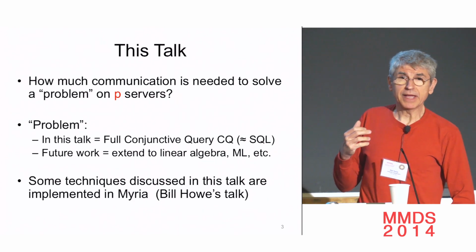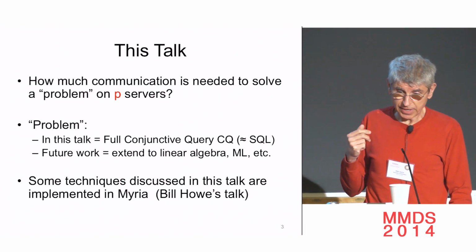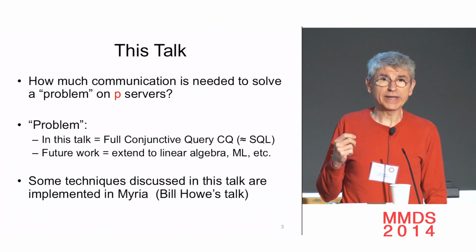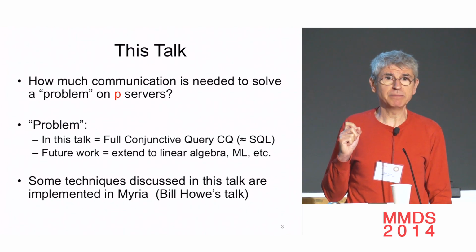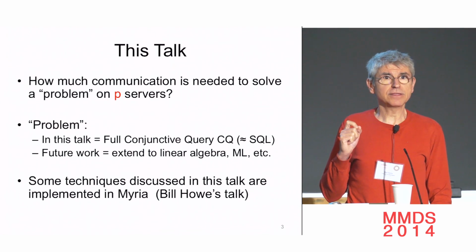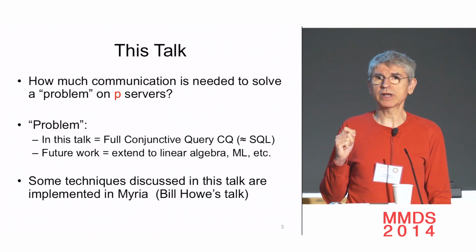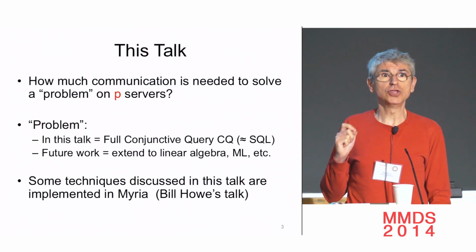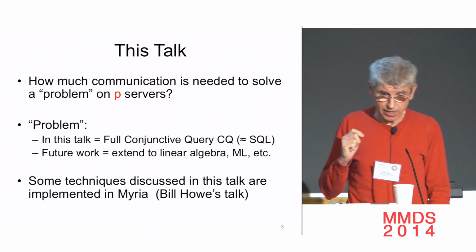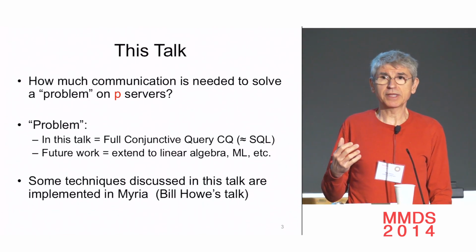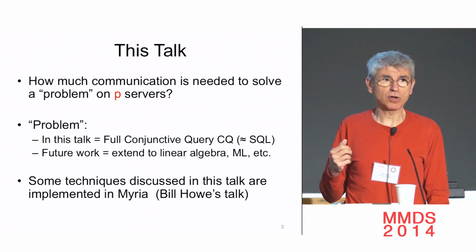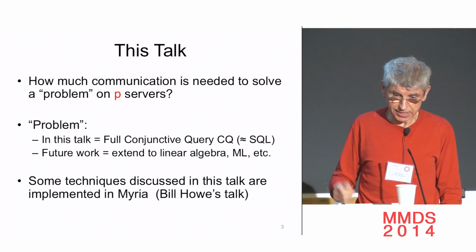Now, the kind of problems that I'd like to analyze today are going to be queries, database queries, actually quite a narrow class of queries, namely what we call full conjunctive queries. Think about them as SQL queries of the form select star from where. No duplicate elimination, no distinct. But the same problems, the same questions that I'm addressing today, they also apply to more general problems like machine learning problems or matrix problems or linear algebra.